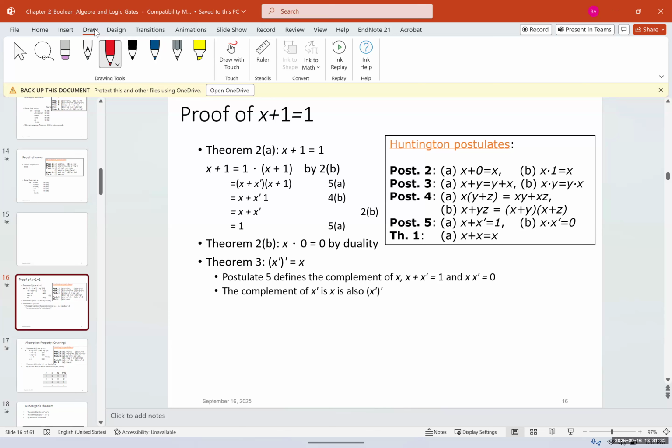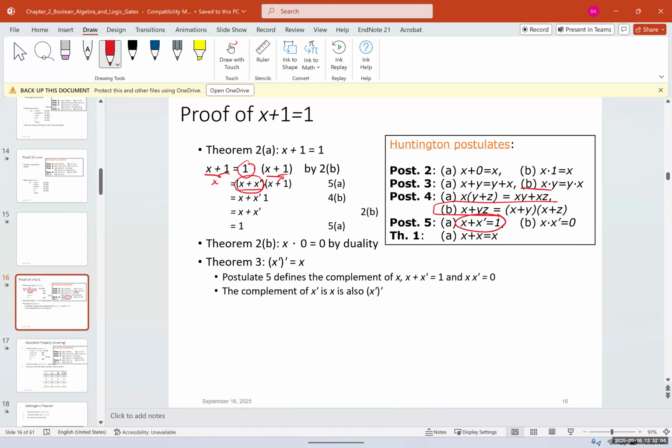So we can use postulate 2b and have 1 and with x plus 1, and imagine this is our x. And then we would have 1, and we can replace 1 with x plus x prime, and then multiply it again and with x plus 1. And then we can use again 4b,